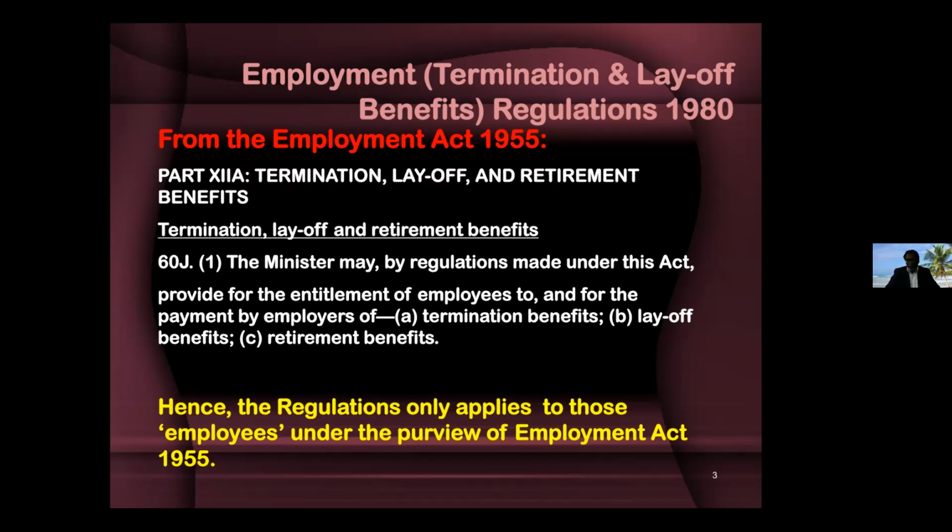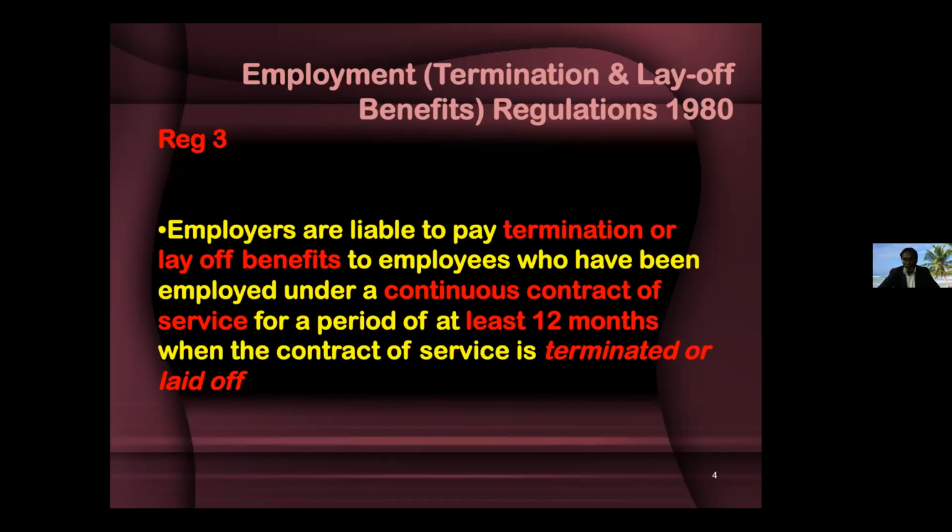So then again, we have to go back, just briefly, to the definition of employee under the Employment Act, as we all are aware of being in HR. Number one is those who are earning 2,000 and below and so on. Manual laborers, those who are involved in manual labor at least 50% of their working time, and also supervisors of manual laborers and so on. We can find the definition of employees under the schedule of the Employment Act. So having said that, we are aware that the regulations are derived from our Employment Act 1955. Secondly, it only applies to employees under the Act.